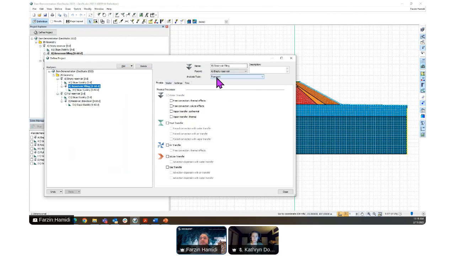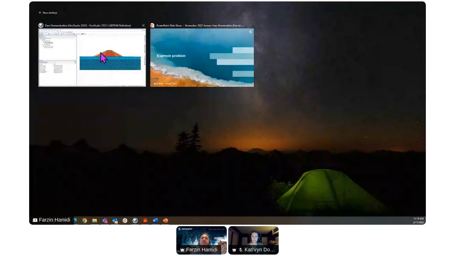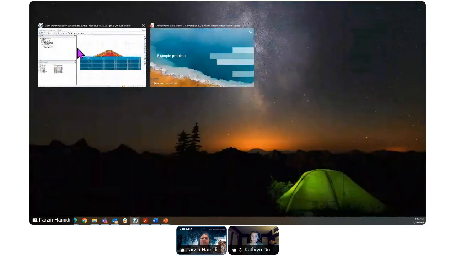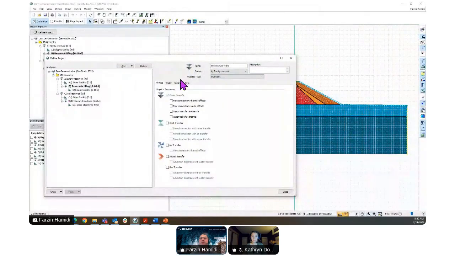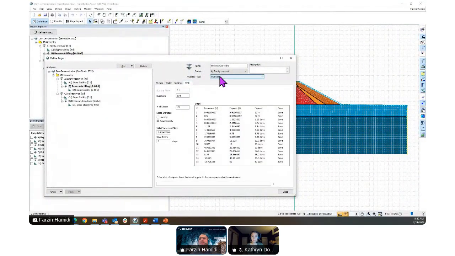For the transient analysis, we select a transient analysis this time instead, and we have to actually allocate a time for it. Sorry, I have to open this one up again. So I have to select the time for it. So it's 60 days, and within the first 5 days, I will fill up the reservoir, and I will wait up to the 60th day to see the effect of that reservoir on my transient analysis.